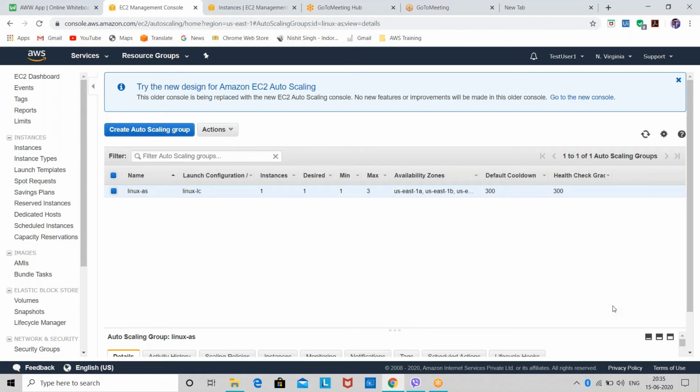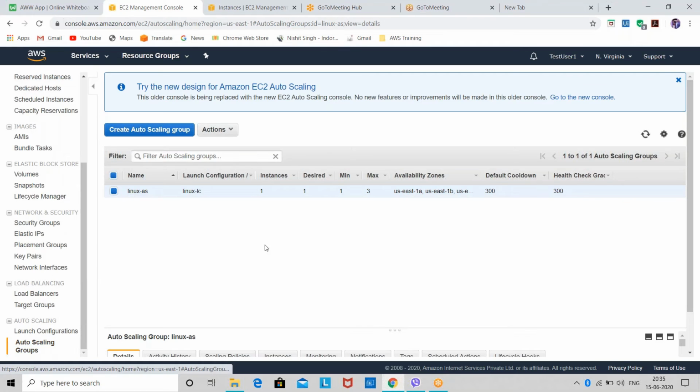When we created the ELB, we mentioned that we want our already created instance in the target group. But when we created the auto scaling group with the launch configuration, they did not ask us to select the instance.